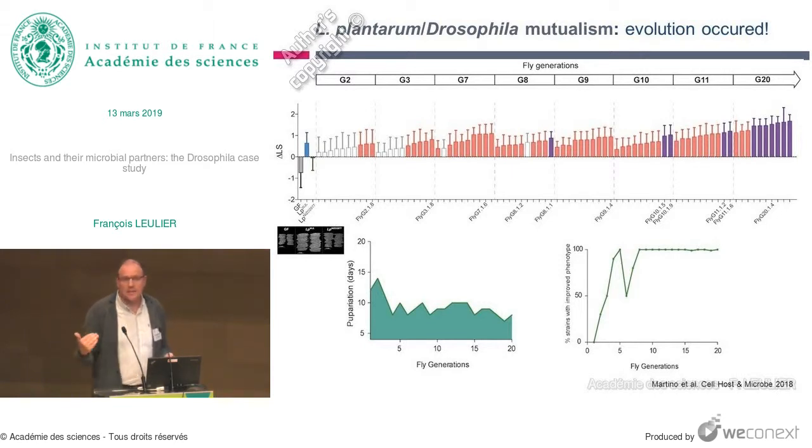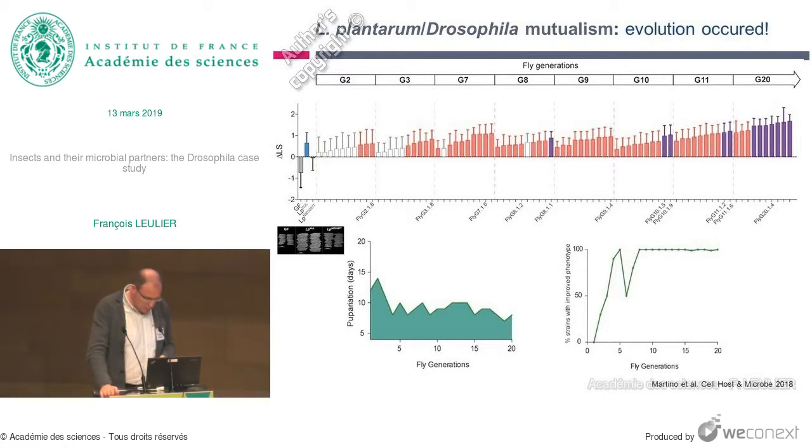So what Maria Elena did is to sample at each fly generation many isolates and test them one by one on a new batch of naive germ-free animals, testing the ability of all those strains to promote growth and comparing the evolved strains to the ancestral strain and to the actually growth-promoting strain, the WGL strain. And she quickly realized that she started to get isolates which behave like the WGL strain, while in fact they are derived from the ancestor strain, which is not growth promoting.